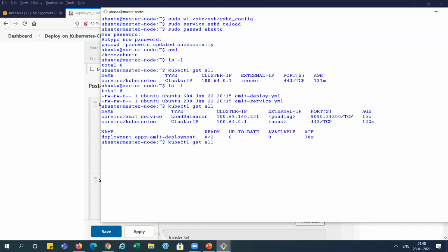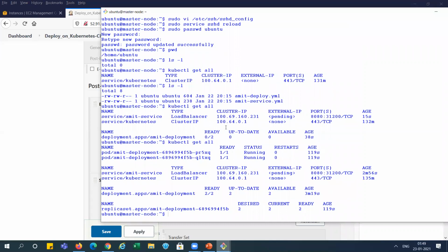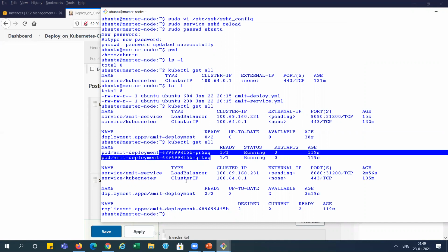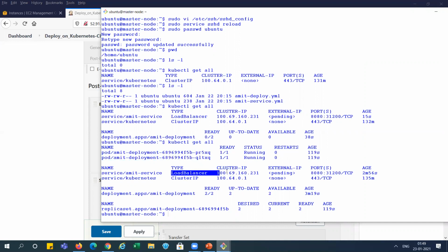Let's see what happened to our cluster. I'm doing get all again. You can see our cluster is ready, right? You can see two pods are created. One load balancer service is created over here, and one deployment is created, and our replica set is also created because we have chosen two replicas. Current is 2 and desired is 2, and it is running two pods over here.